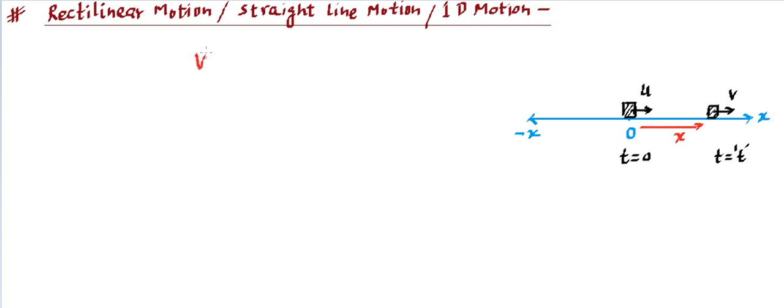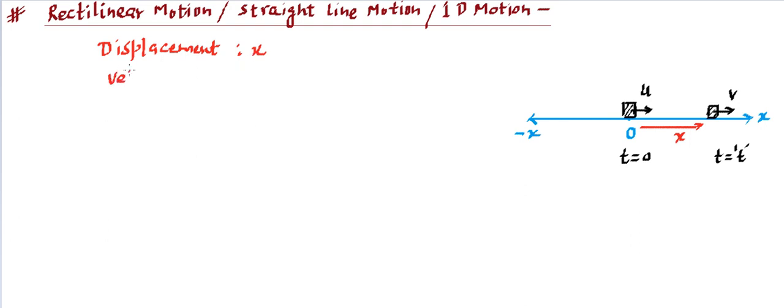Because if we write velocity, we need to write velocity with i cap. And we know this i cap is going to come with all of them because the motion is in one dimension alone. So now we will be writing displacement. The symbols will be like this. Displacement will be given by the symbol x. We can also use s, but here I'm using x. X is the displacement now.